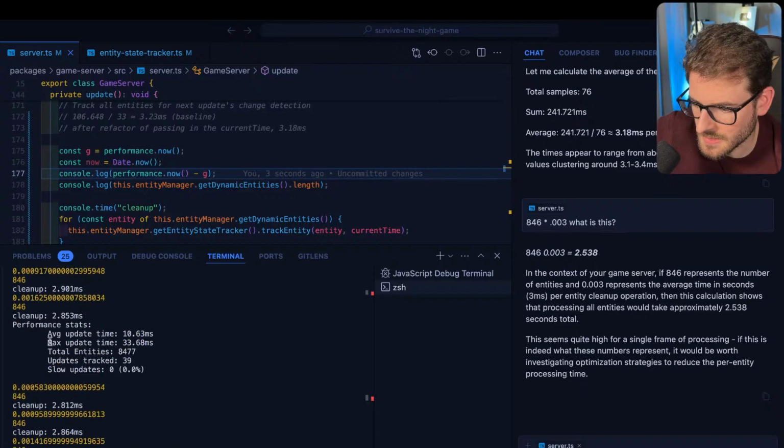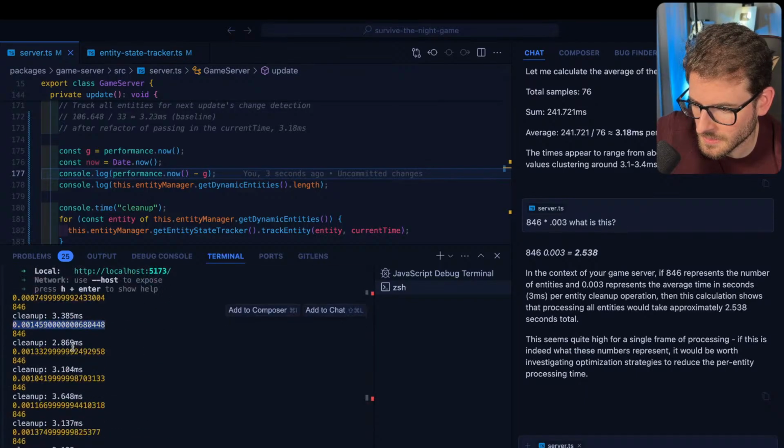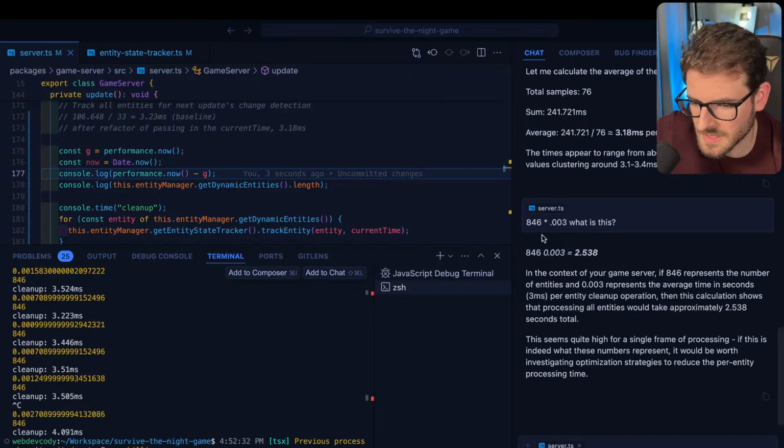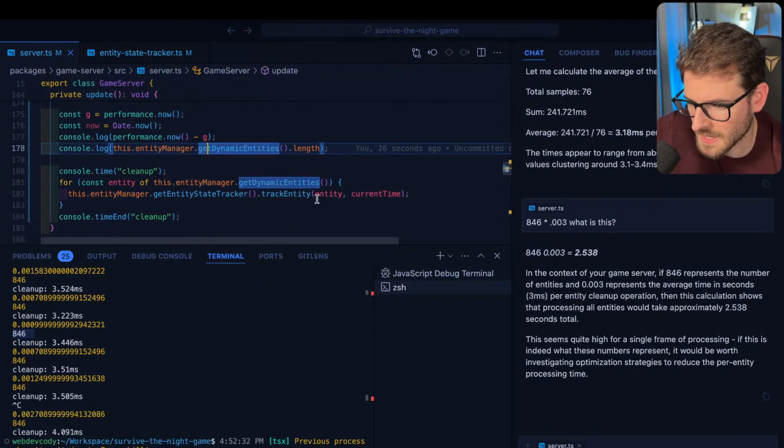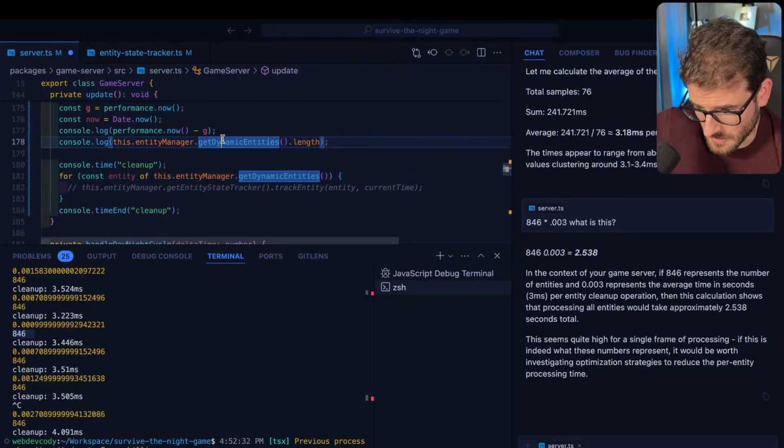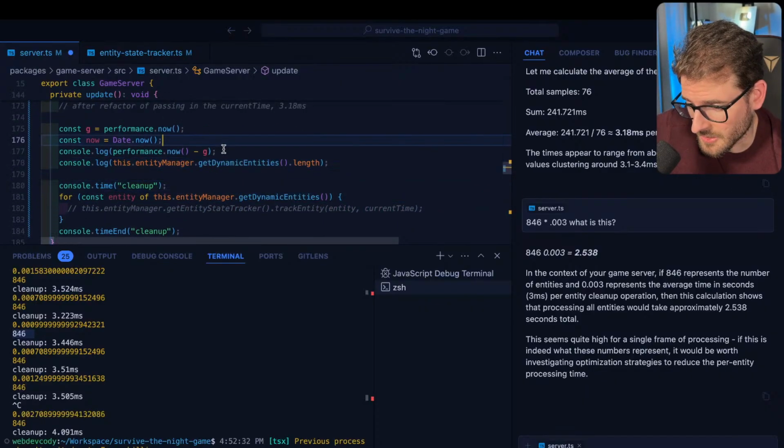Looks like it fluctuates. But my point is that if you run over this 800 times, in fact, if you just do this, this is probably another way to get a more accurate estimate: run the same thing, Date.now, and we can just go ahead and